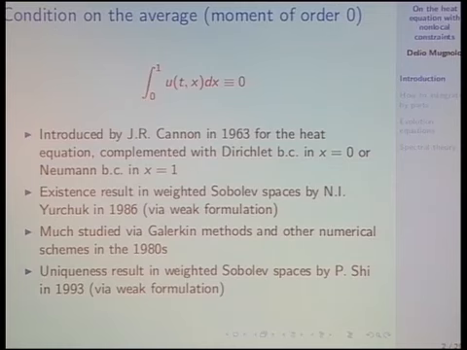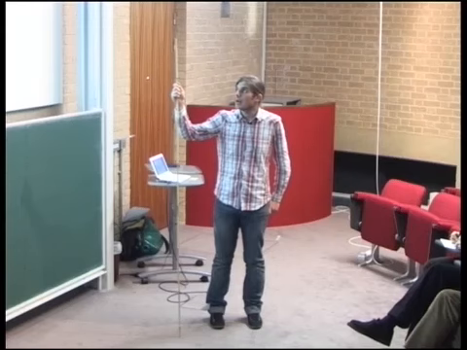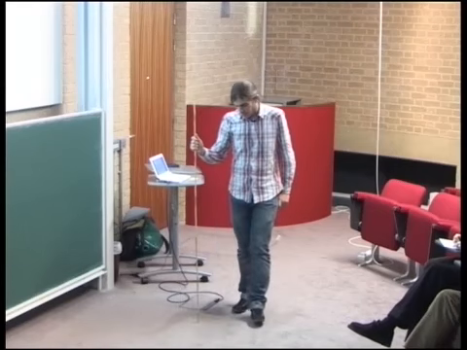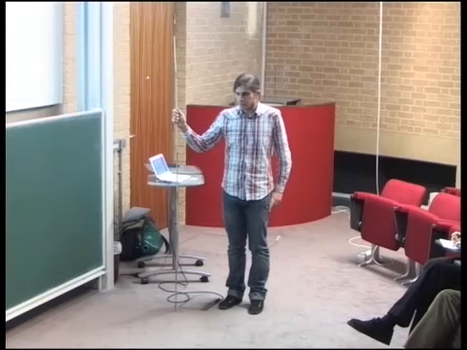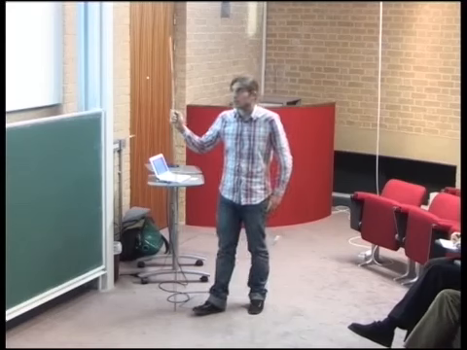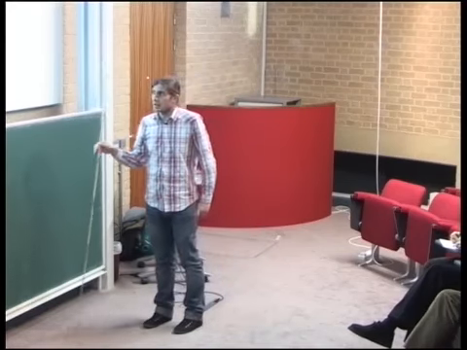Okay, so the beginning of the story goes like that. Cannon showed in the 60s that the heat system, or diffusive system, with this kind of boundary conditions plus integral condition has some nice features, and this result was kind of forgotten, as far as I know, for a couple of decades, until in the 80s several people in Russia started working on that again,